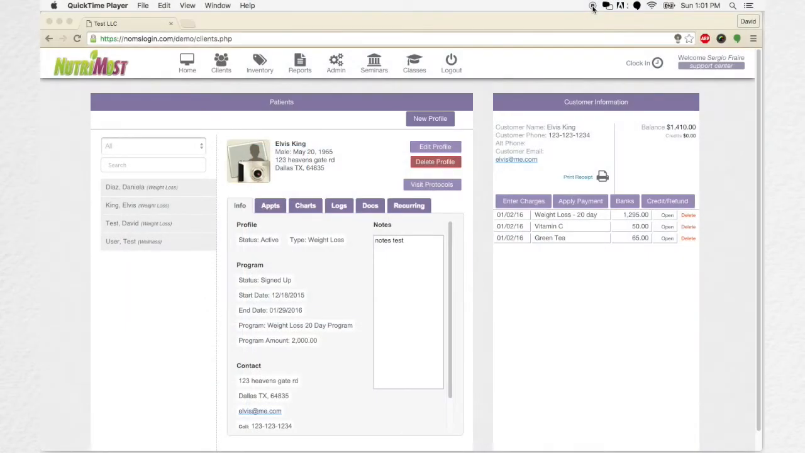Now that we have entered charges, we are ready to apply payments to those charges. As we can see here, Mr. Elvis King, we've charged him for his program, vitamin C supplement, and green tea. So let's go ahead and apply payment. Mr. King came in and he would like to pay for part of his weight loss charge. He doesn't want to do the full payment, he just wants to do a partial payment. So we'll go to apply payments,